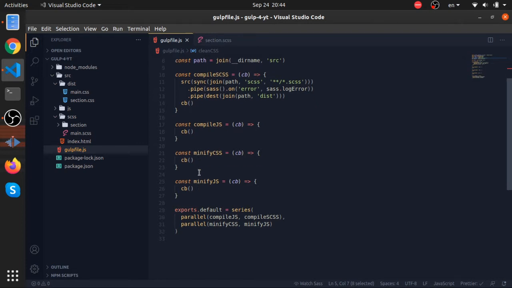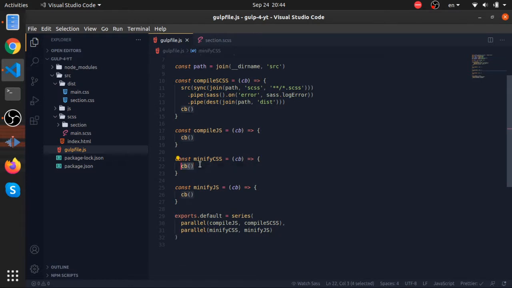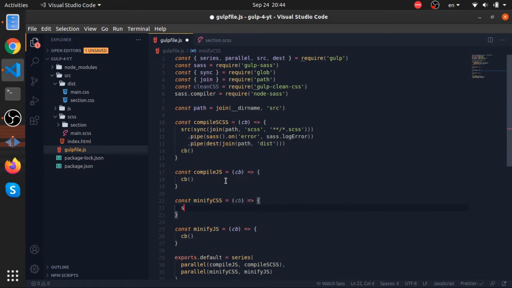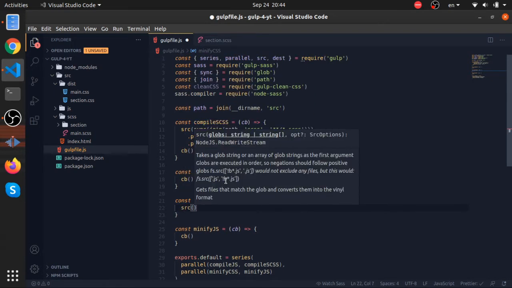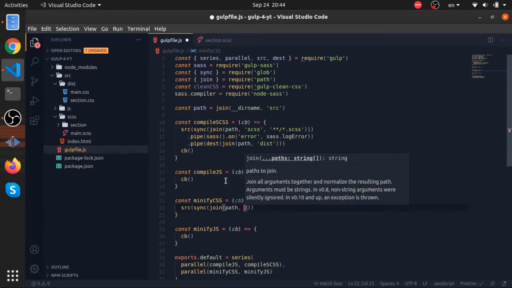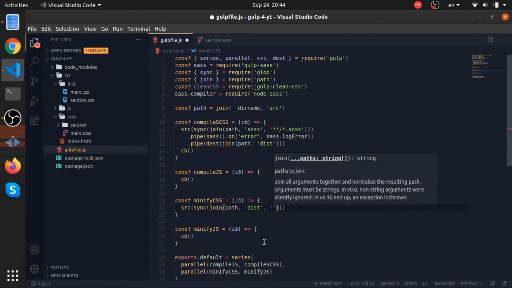So in our minify CSS task, we will start by writing the same code here. So we will start from a specific directory. I will use sync, which will give us all the CSS files inside a specific path. So I will put the join function here. I will put path, then I will go to our dest, right? So our path here will go to the source. Now I'll go to the dest. Then everything